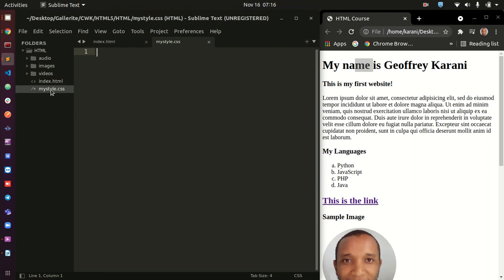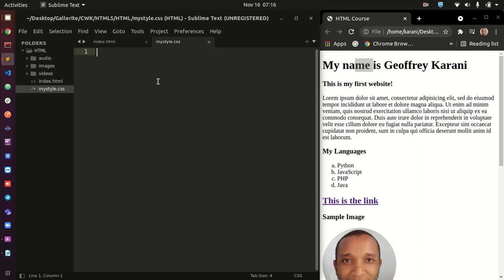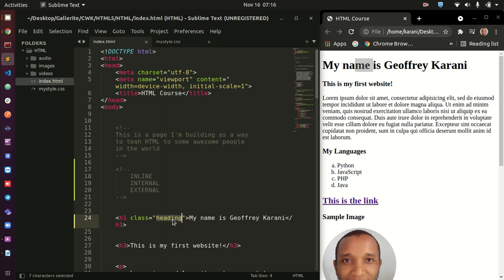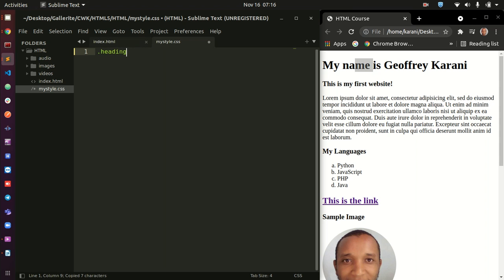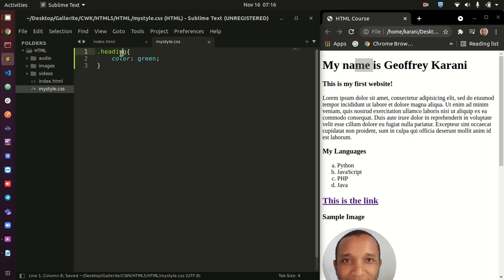Now our page understands this as a CSS file, and then we can go ahead and start writing our styles here. Now how will our page know that we have this file? Let me first of all write our style here. Remember we had a heading, I think it was heading. Was it heading or header? It was heading. So let me copy this class, put it here, and then I do color, and this time you're going to do green just to make sure that it is getting this color from our external file. So this syntax here looks exactly like what we had when we were doing inline CSS.